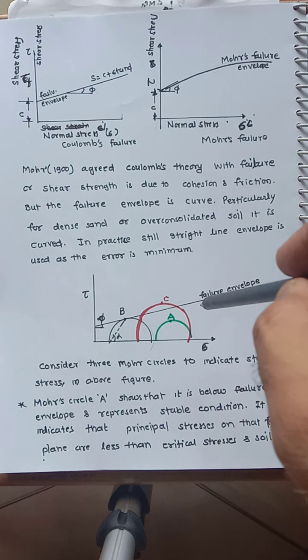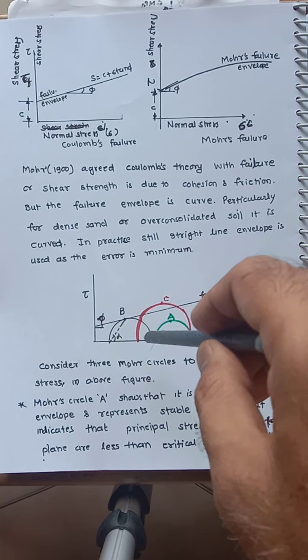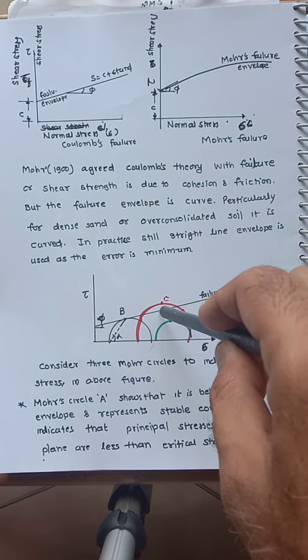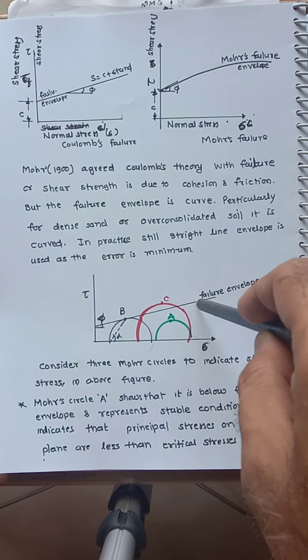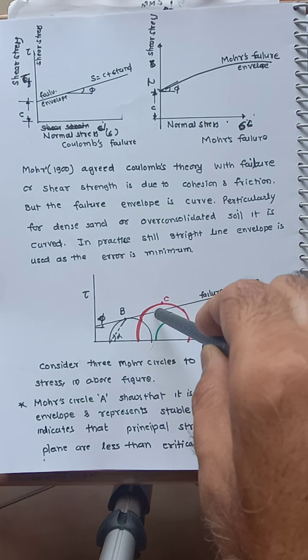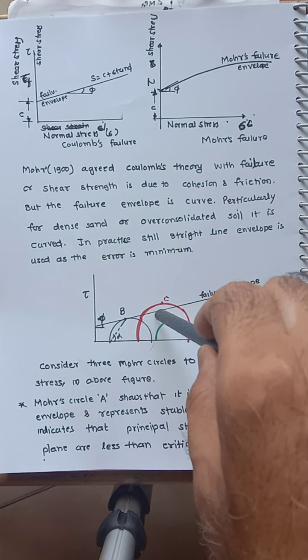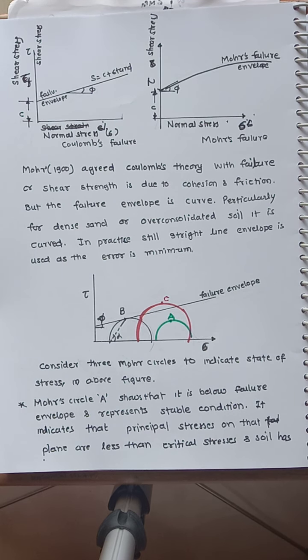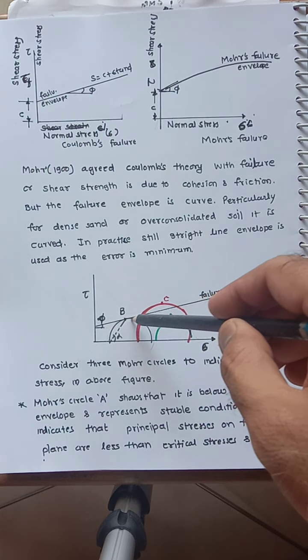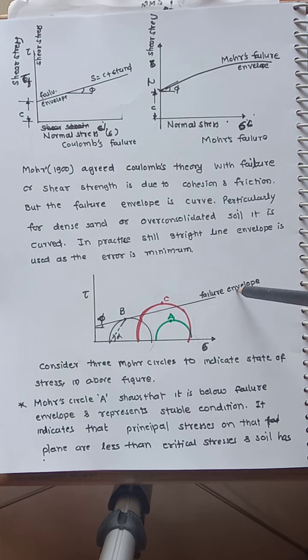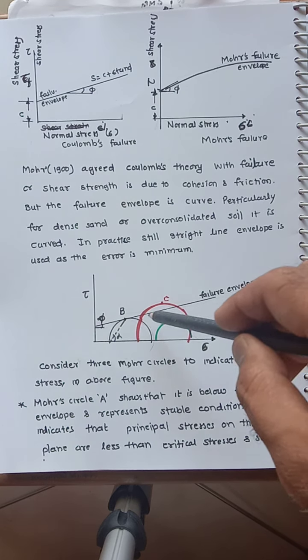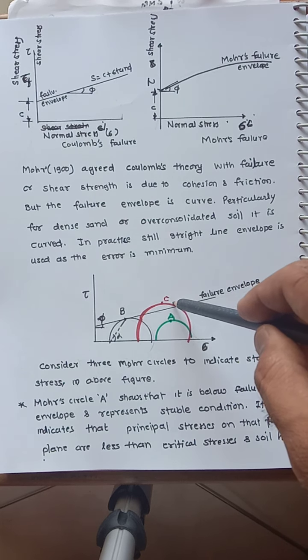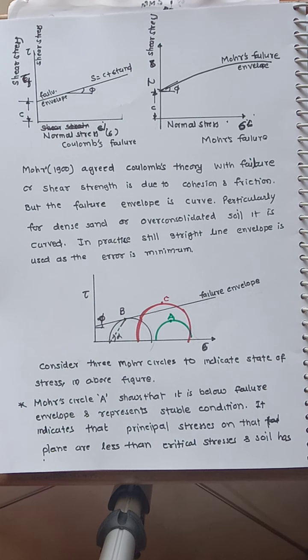It indicates that the stress applied is greater than the failure envelope. Failure envelope means what? Soil has exhibited its entire strength. Whatever the load is coming, whatever stress is coming, it has been resisted. So this line indicates the maximum resistance, that is the shear strength. Okay. So here the stress applied is above, so it means the C condition cannot exist,